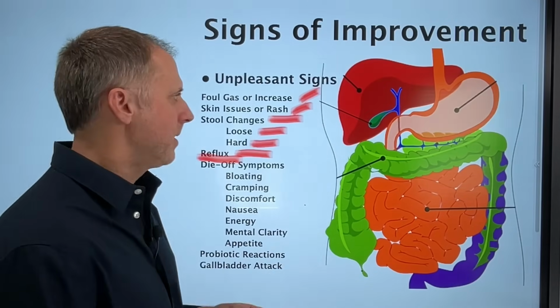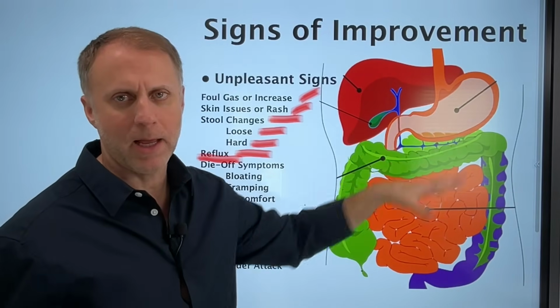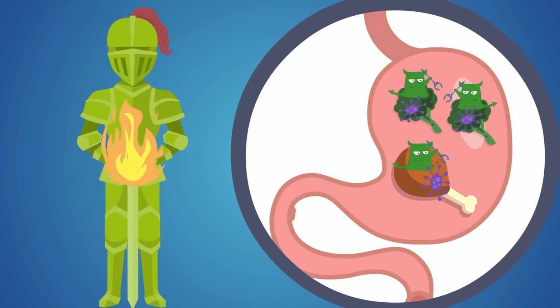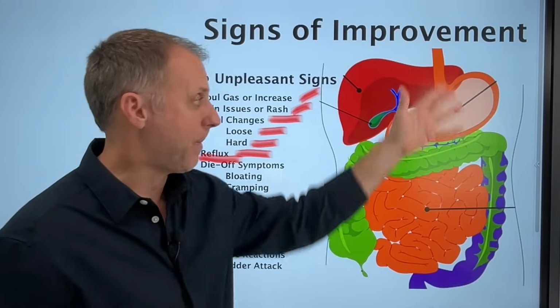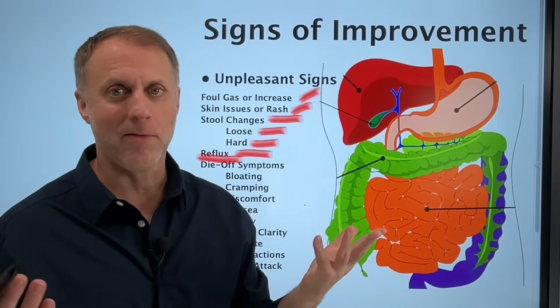Now, the other possibility is that maybe somebody's making enough stomach acid, but somehow some type of bacterial overgrowth got in. And usually an overgrowth will get in because someone's not making enough stomach acid for a period of time, and then that acid isn't there to fry the bad guys. That acid doesn't just help us digest our food, it's the barrier that keeps all the bad guys out of the body. So when someone's not making enough stomach acid, bacteria or some other kind of varmint comes in here